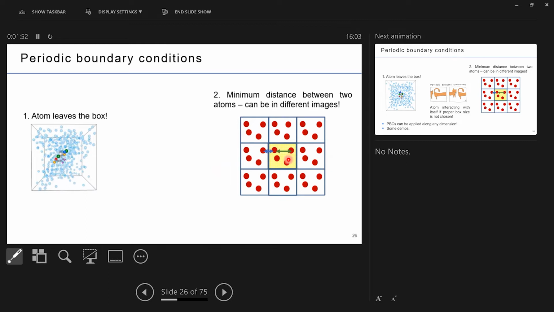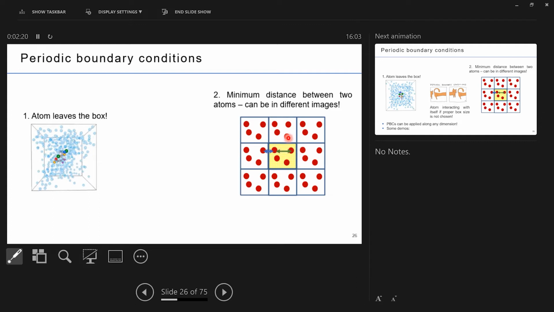What LAMMPS is creating internally is multiple copies of that simulation cell. This is just in 2 dimensions, but imagine the actual simulation is 3 dimensions. So when this atom exits from the simulation cell, its periodic image is over here, along the left. So that will enter the simulation cell,